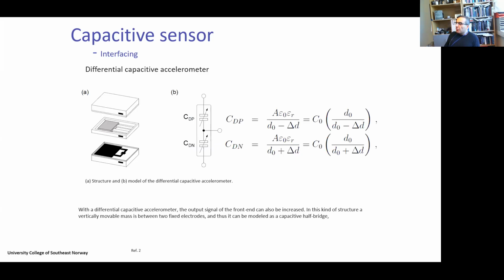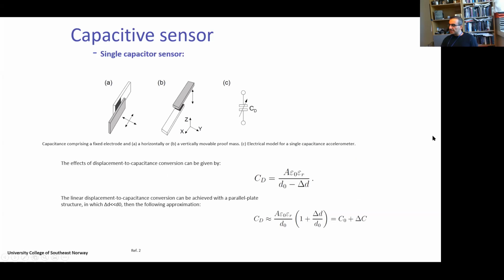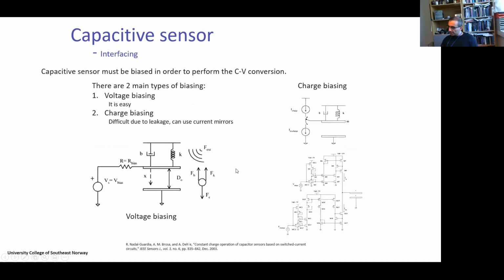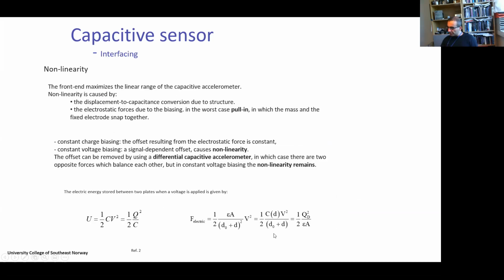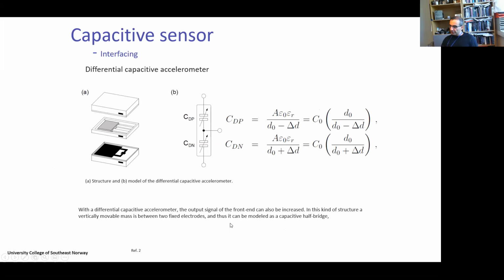So one way to remove the biasing issue is to use a differential type of sensor. Previously, what I showed you was this CD here, which is a single-ended sensor, and if you bias it, it will have a nonlinearity due to this biasing effect. But if you use a differential structure like this one here, where we have the mass, for example, this is an example,